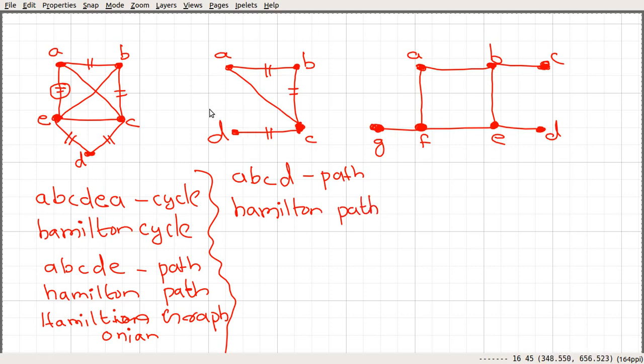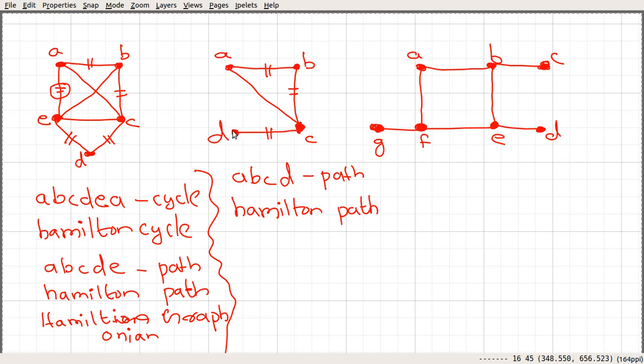But here we can see that if you look into the graph, we are not able to find a Hamiltonian cycle. If you try hard, you will see a cycle A, B, C, A, but in that cycle D is missing, and that means it is not a Hamilton cycle. So we won't be able to come up with a Hamiltonian cycle.